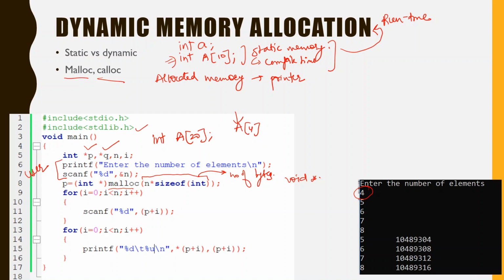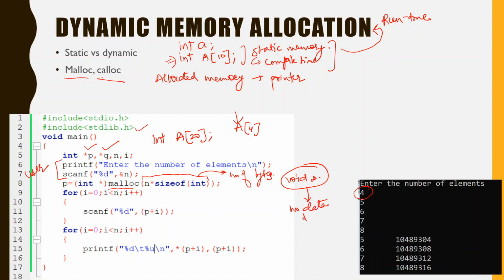It means that since every address is of a particular data type, because the value being stored at the address has a data type, an address always requires storage in a pointer variable of the same data type. But malloc returns a void pointer. Now what is a void pointer? A void pointer has no data type.